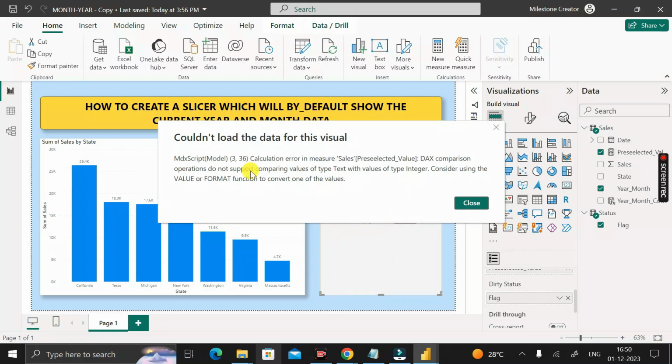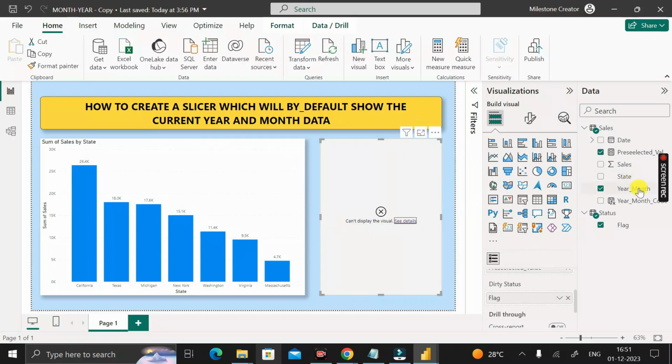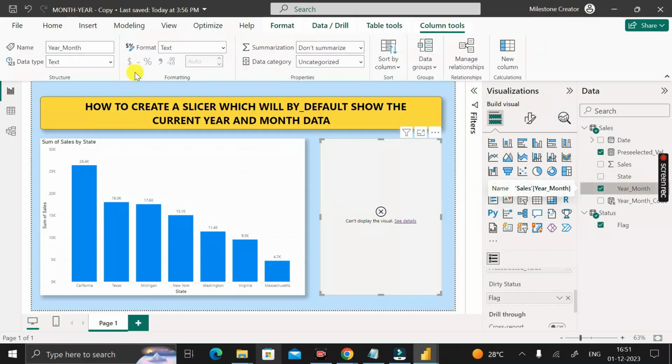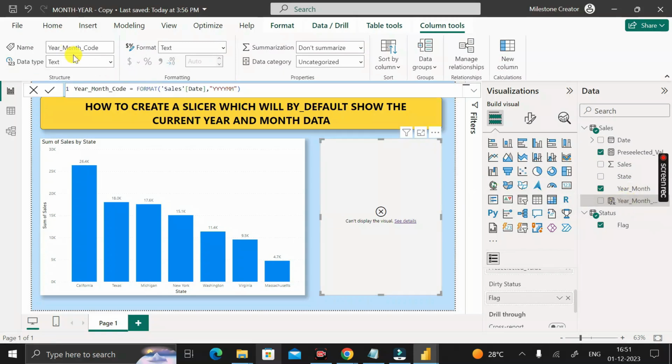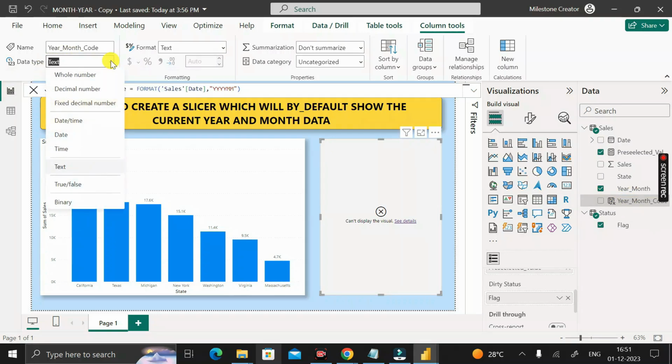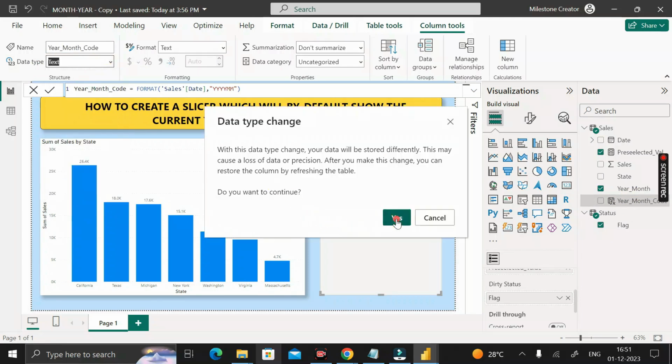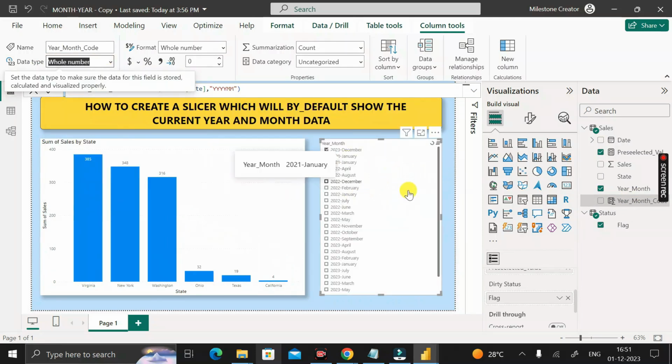From this error we can see it is showing due to the data type, right? So just close this error. Then click on this year month column that we have created. This is in the text format. In the same way, if you click on this column format, here you can see the format is text. So in place of text, just change the data type to whole number. Then click on yes, and boom, now